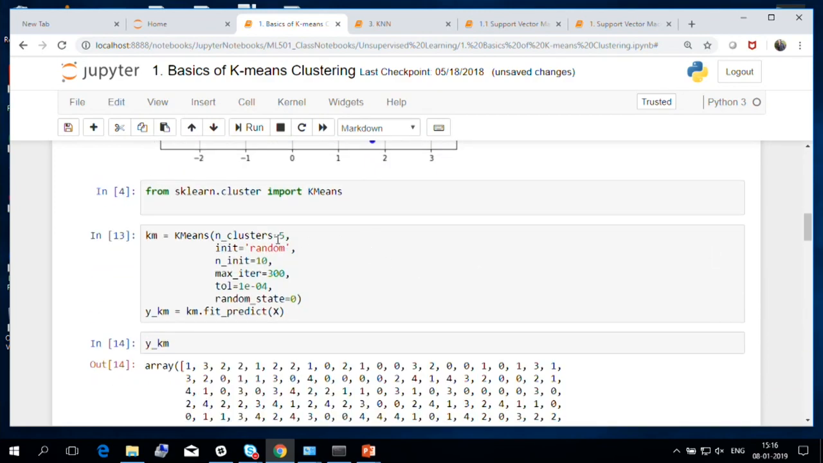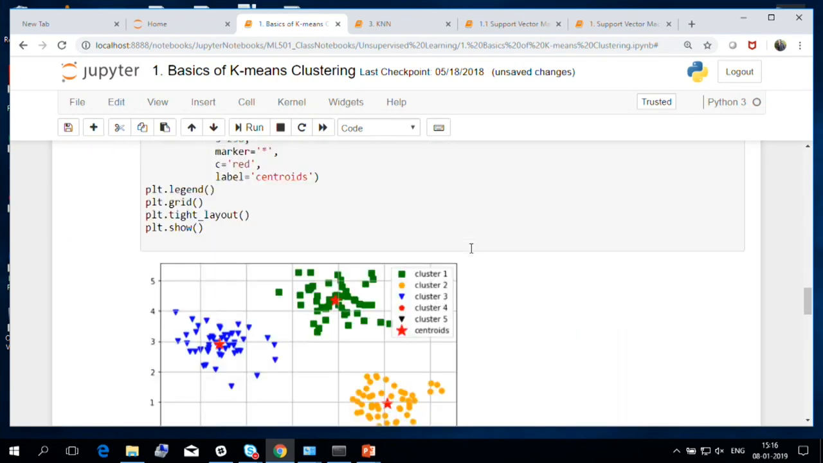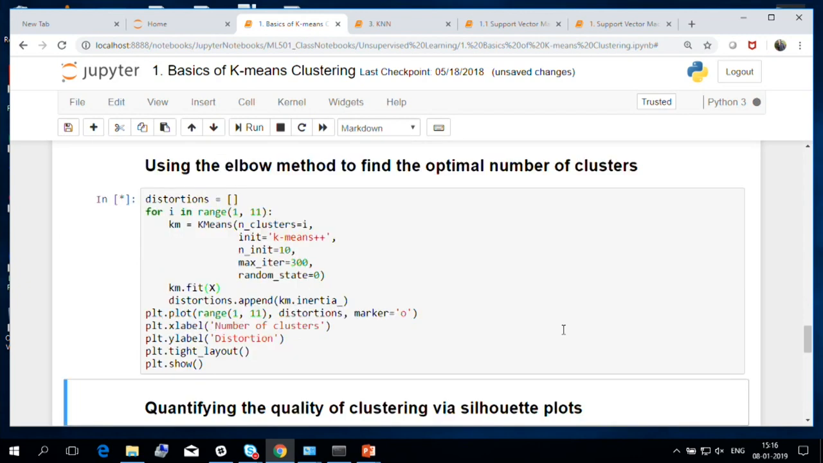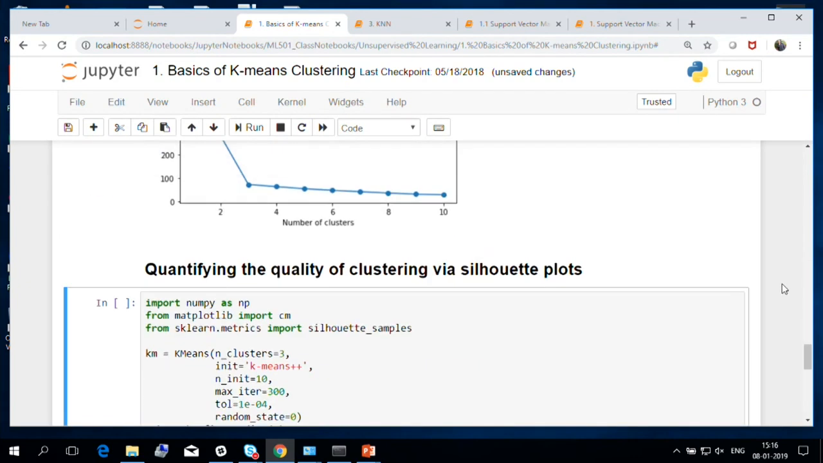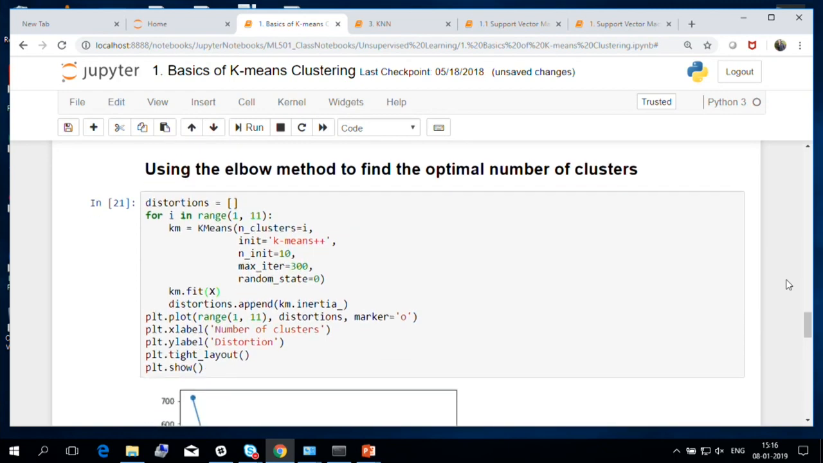So, let me stick to 3 because that looks like a natural bifurcation and bring it out. Now, I wanted to show you the elbow method to find out the optimal number of clusters. So, let me execute this. Here I am selecting the number of clusters, and I can see from this graph